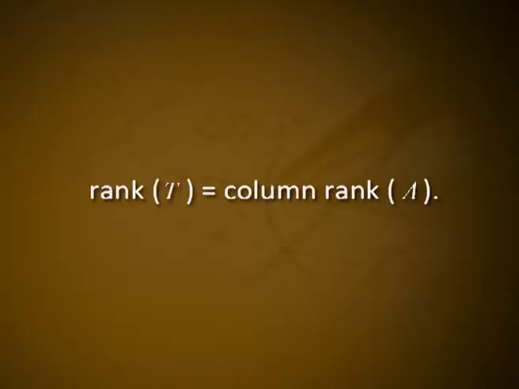The null space of T is the solution space for the system A into x equal to 0. That is, the set of all column matrices x such that A into x equal to 0. The range of T is the set of all m by 1 column matrices y such that A into x equal to y has a solution for x. If A1 etc. An are the columns of A, then A into x equal to x1 into A1 plus etc. xn into An, so that the range of T is a subspace spanned by the columns of A. In other words, the range of T is the column space of A. Therefore, rank of T equal to column rank of A.